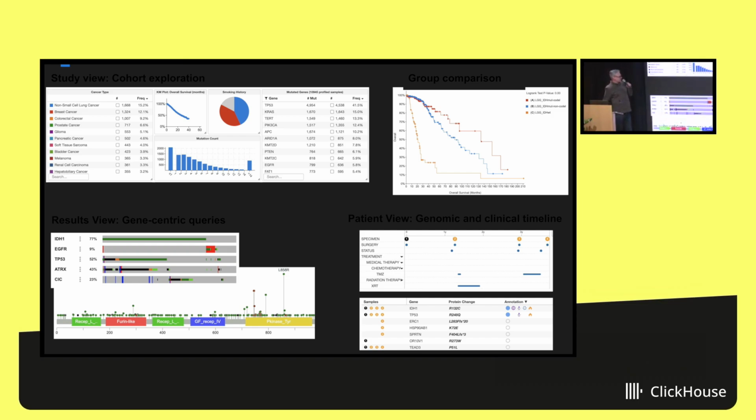So this is just an example of a few different visualizations that we have in the portal. You can see here how different mutations in different genes overlap. And this is what we call our study view, and this is the subject of all of our refactoring and